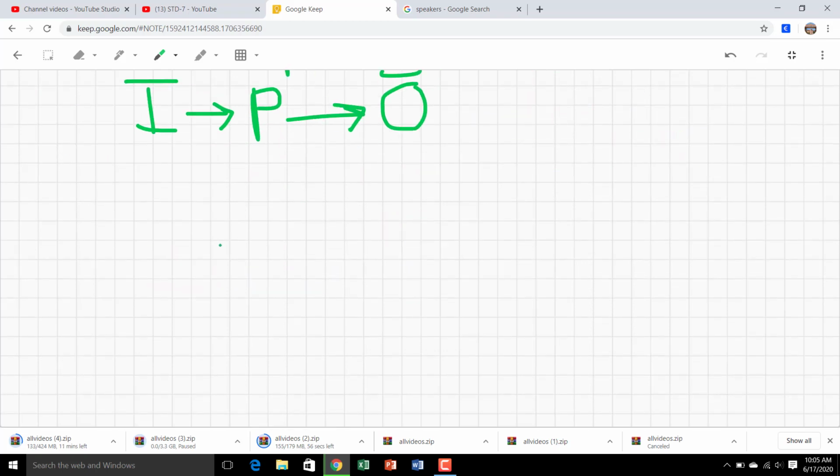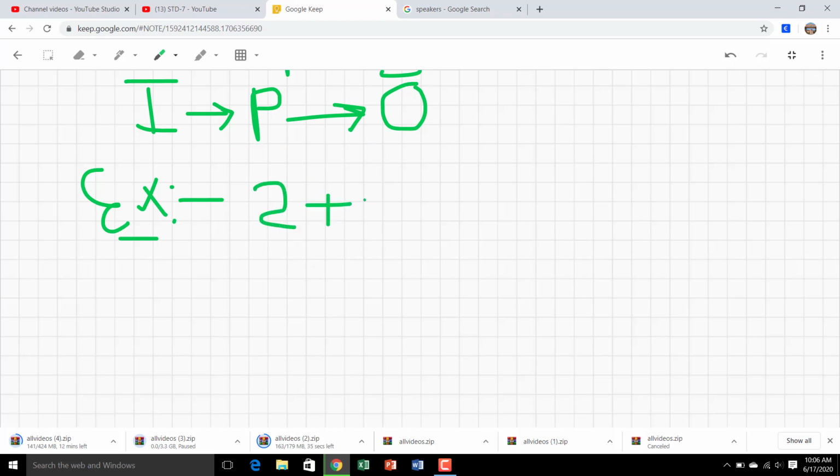Now, for example of input, process, and output, suppose our input is 2 plus 2. These two numbers are the inputs, and the plus sign is our processing.